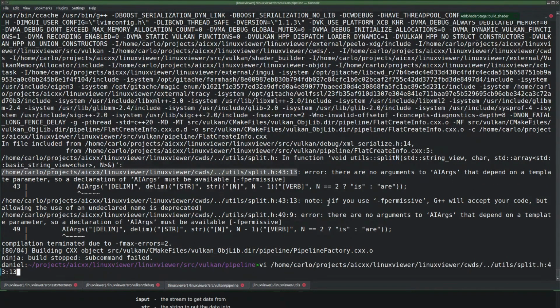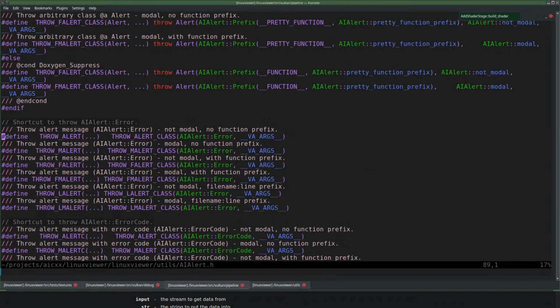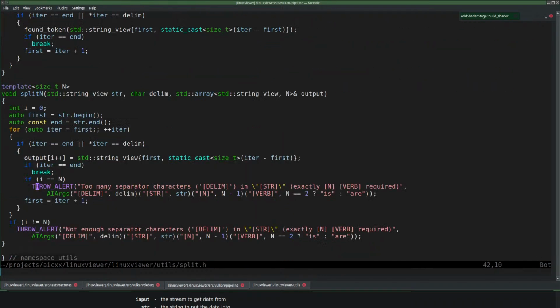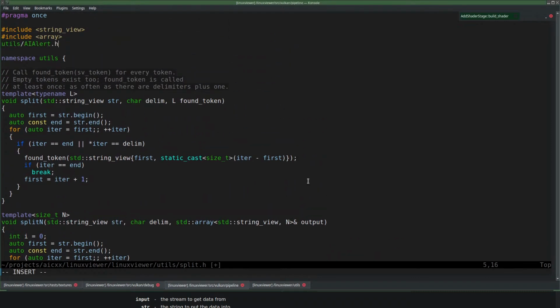Yeah, I think it's just missing a header or something. Utils AI alert. Yeah, what do you want? Don't include that.